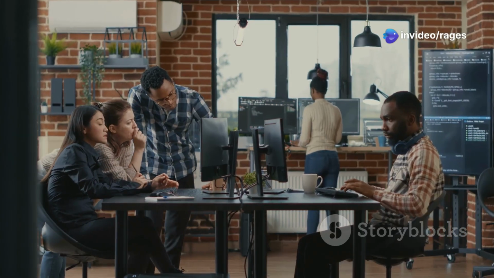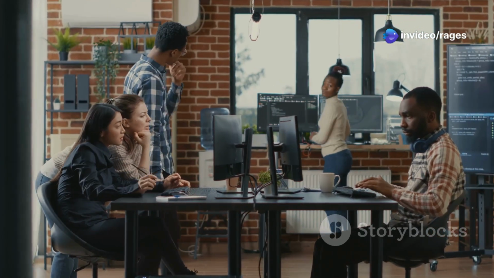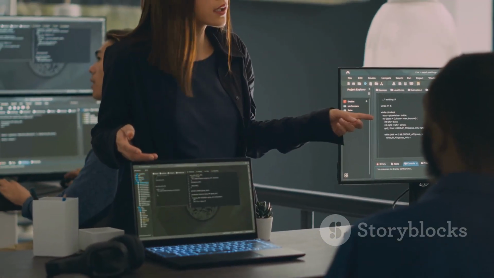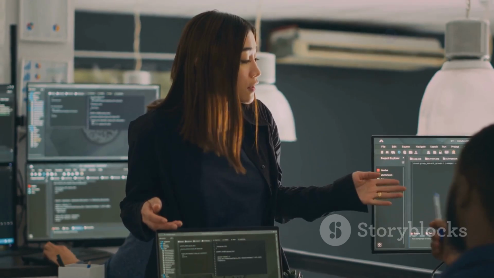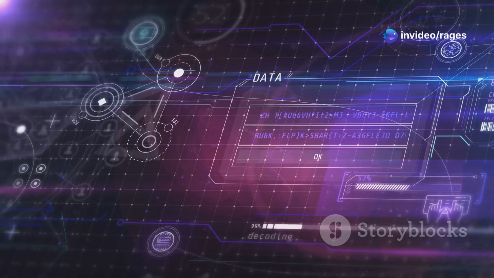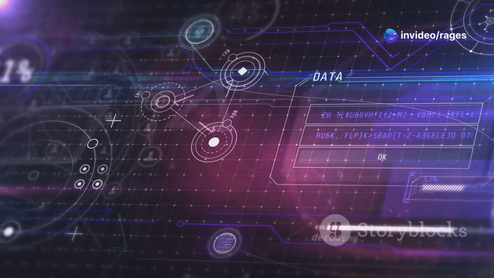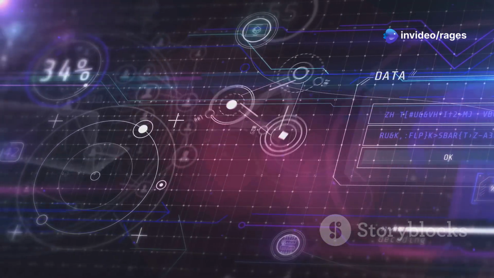The collaborative nature of coding is also amplified by these tools. Online communities and platforms allow developers to share code snippets, seek help, and collaborate on projects, fostering a culture of learning and knowledge sharing. The future of web development is bright, and the journey begins with mastering the essential trio: